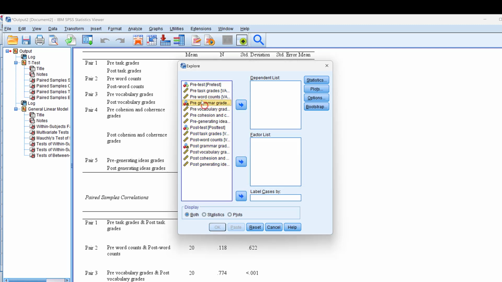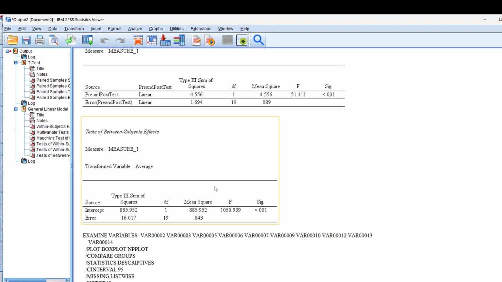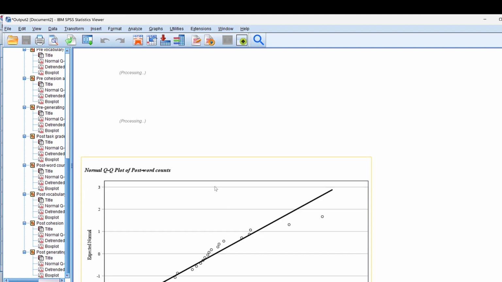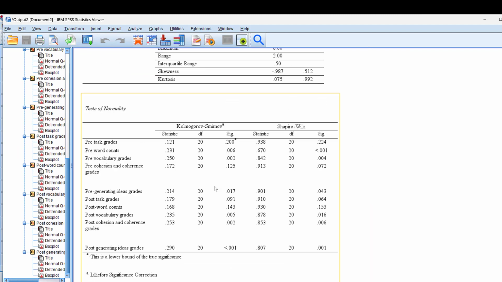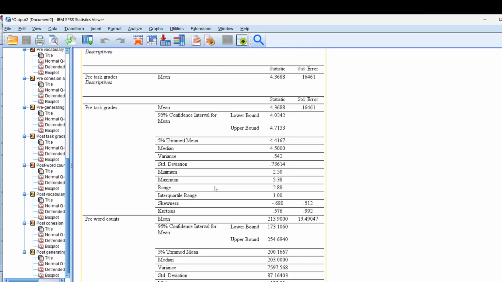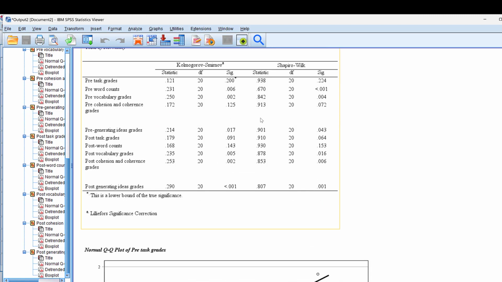So some variables are not defined. I can just take them out. And then I click Normality Plots with Tests, click Continue. If the data is not normally distributed, we don't need to use paired samples t-test, but we can use the Mann-Whitney U test or the Wilcoxon Signed Rank test more particularly to test whether or not there is any statistically significant difference. So here the normality is respected for some aspects, but violated with regard to others,